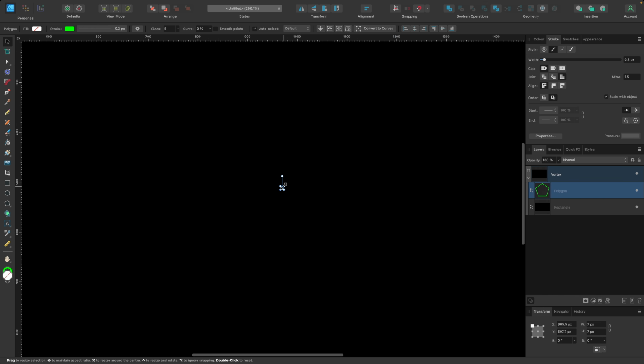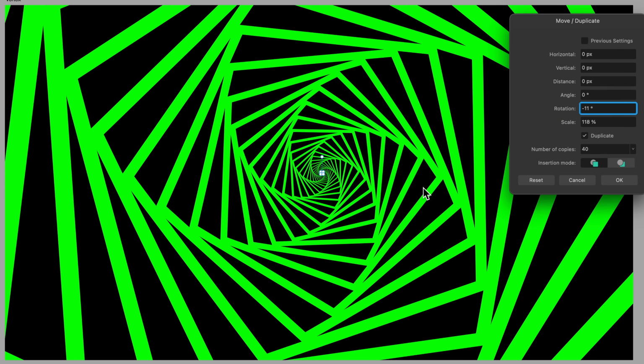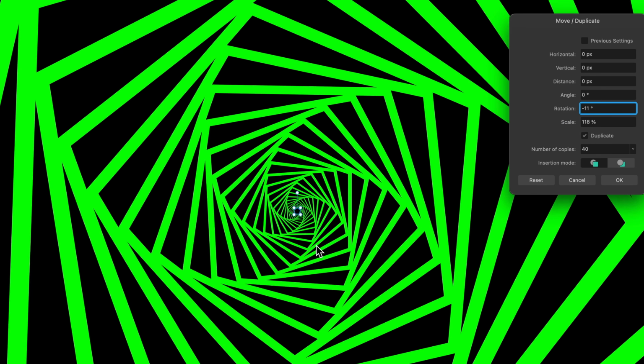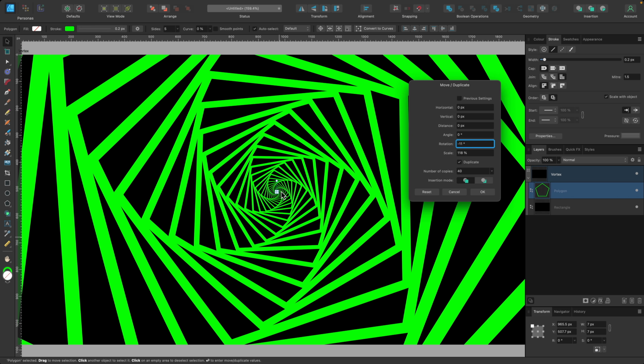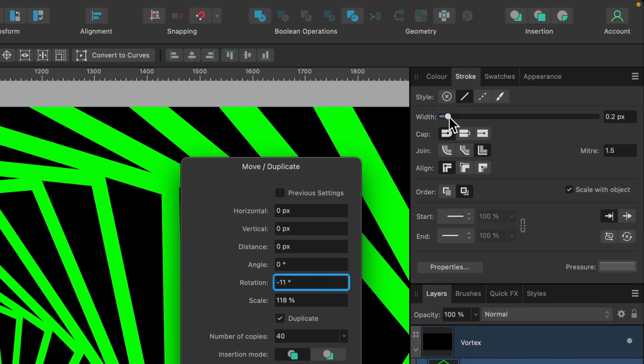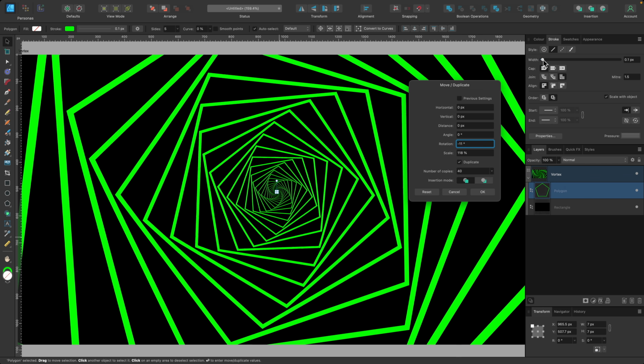Okay, I'm going to zoom out, I'm going to press return and duplicate. I'm going to bring that up to about 40. I'm going to set rotation to like -11, and then I'm going to scale up like this. So if these are slightly too thick for you, these strokes, you can actually change it. But look, this is a proper vortex here. So if we want to make it slightly thinner, we go up to the stroke and we just click on it and drag it down a little bit, and it will make them thinner.